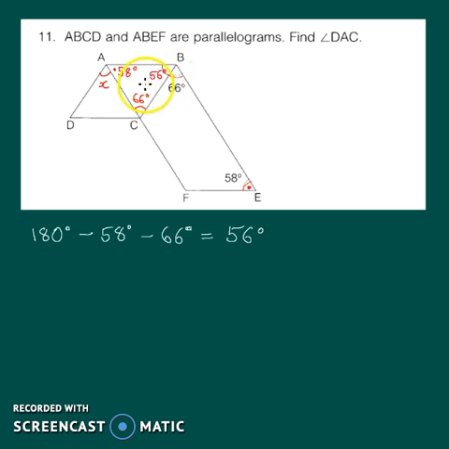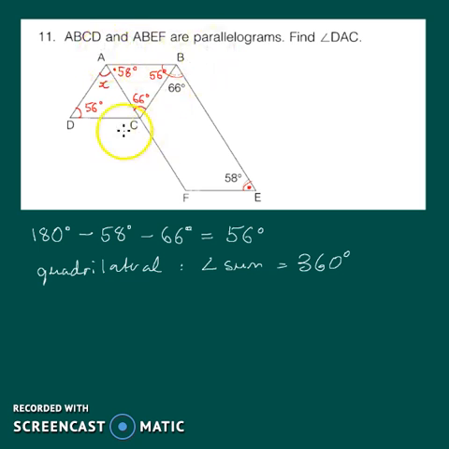Okay, so now I have options. Here I'm looking at a different parallelogram. Now I'm going to be looking at A, B, C, D. And once again, I'm going to remember that the opposite angles are the same, so they are 56 degrees. And now there's just a couple of pieces that I don't have. Now, if I know that opposite angles are the same, I know that the total number of angles in a quadrilateral sum is 360 degrees. I know that total of the angles in ABCD is 360 degrees. I know that two of those angles are 56. So I'm going to subtract 56 twice. And what I'm left over with is